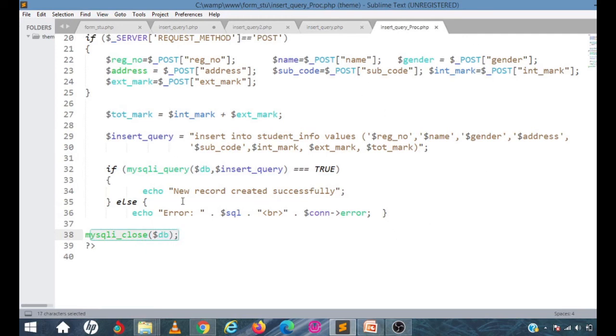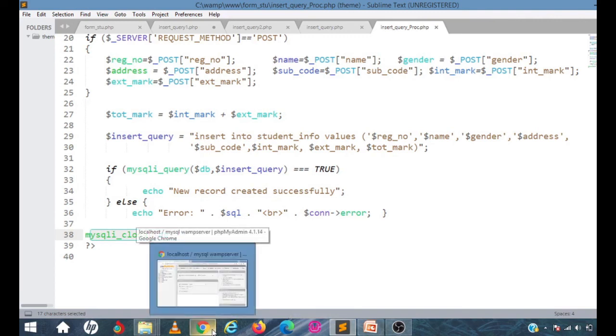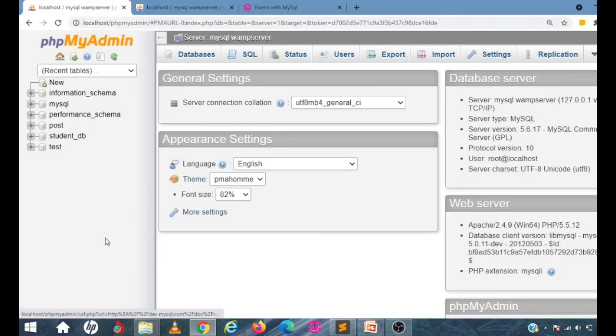Once we have written this, we have to execute it using a browser. To execute that, we need to set up the WAMP server. We have to start the WAMP server, and then we have to go to the browser to execute that. This is the phpMyAdmin page, and these are all the databases that are available.